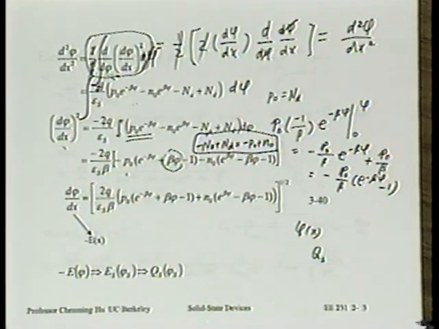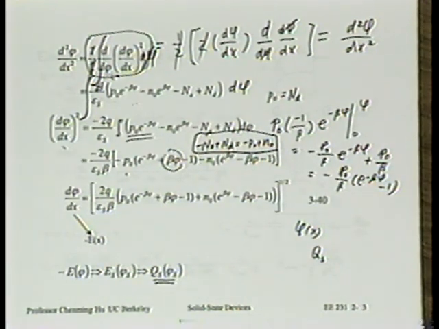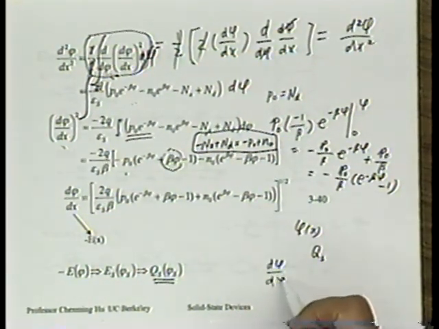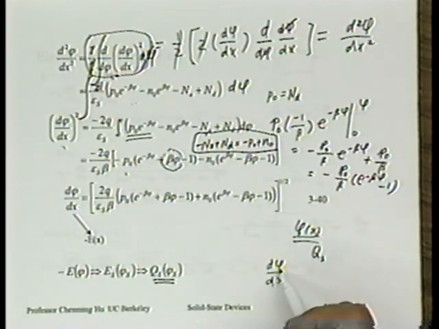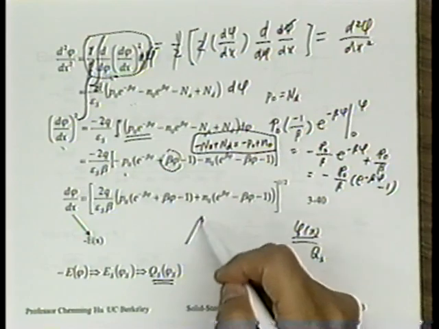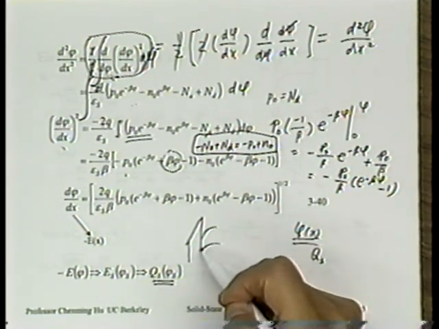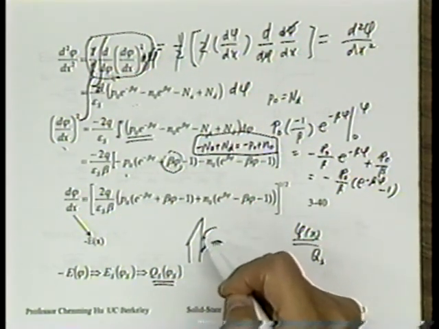Now it's very interesting that Qs is related to the electric field at the surface. Let's first look at this relationship, if it's true or not. In other words, Qs is related to d phi dx, the electric field. We actually don't need to know phi. All we need to know is d phi dx, because that's the electric field. Electric field will give us Q. Let's see if you recall this relationship. What we're talking about really is just Gauss law. You know, if we take Gauss law, whatever this situation is, whether we have an accumulation layer here or inversion layer or whatever,